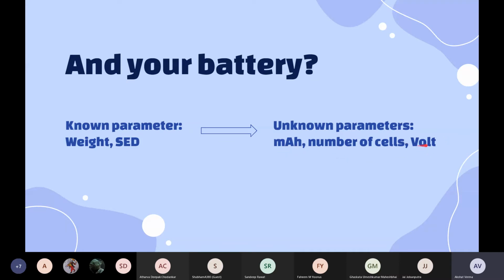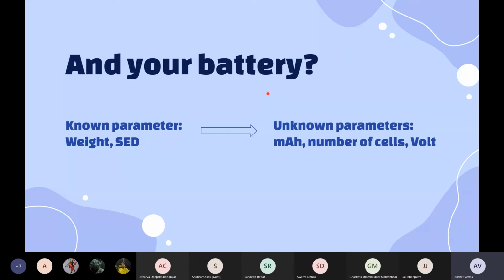Voltage for one cell is mostly fixed, called 1S, and is nearly equal to 3.7 volts. What we need to check here is the mAh rating. If taken in appropriate units, mAh times volts will give you the proper energy required for your aircraft. You can also select the number of cells accordingly if you want to increase the voltage of your battery. If you are not getting the proper mAh battery which you need, you can increase the number of cells, and thus the voltage will increase, and you can alter the mAh value in the specific range which is available. So this is how we choose our battery.